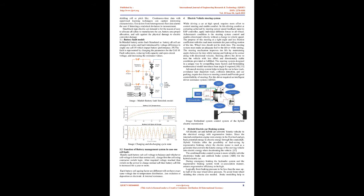Wheel tires should not skid. The steering system must give an adequate feel to the driver while turning. The steering mechanism improves tire life by maintaining angles between the tires while turning and braking at the corner along with directional velocity. Steering allows the driver to turn the vehicle with less effort, provided directionally stable conditions are fulfilled. The steering system is designed in a unique way by considering many factors and formulating a mathematical model that introduces lean angle